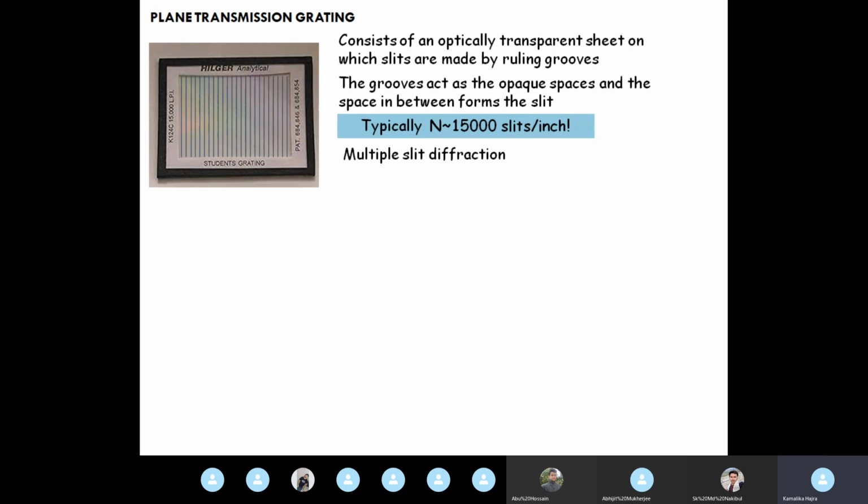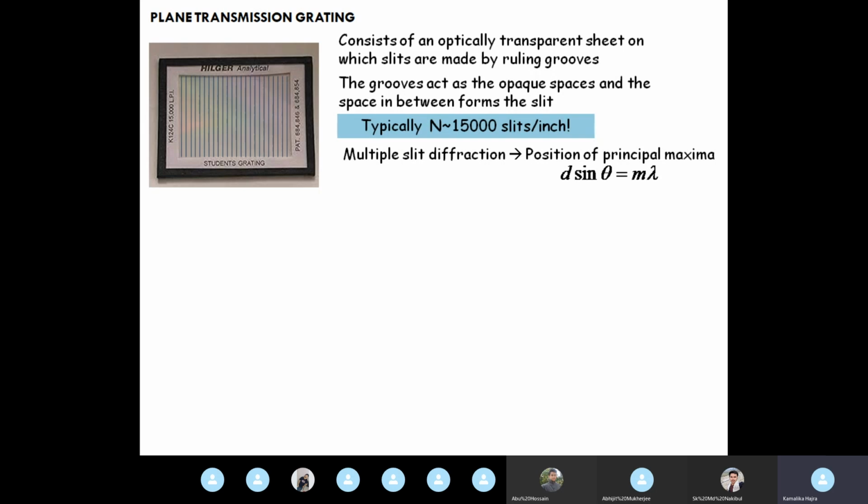Now we got the result for multiple slit intensity, and we said that that is the general result. We just have to put the value of n and it will give us the intensity required. So typically, all analytics, all theories that we have discussed for multiple slit diffraction also apply for a grating, because it is nothing but multiple slit diffraction where the number of slits is very, very high.